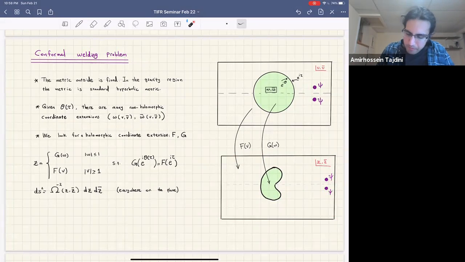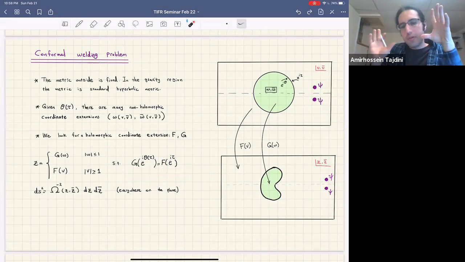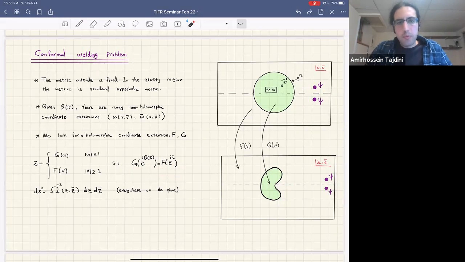And there will be holomorphic maps from inside and outside, which in general are different. Let's call them f and g. And these f and g are basically equal to each other, meaning that the coordinate z is covering everywhere. So it covers inside and it covers outside. And the idea is that these maps, f and g, always exist, so you can find them. And this is basically this problem of conformal welding, finding these two maps, f and g, such that they satisfy